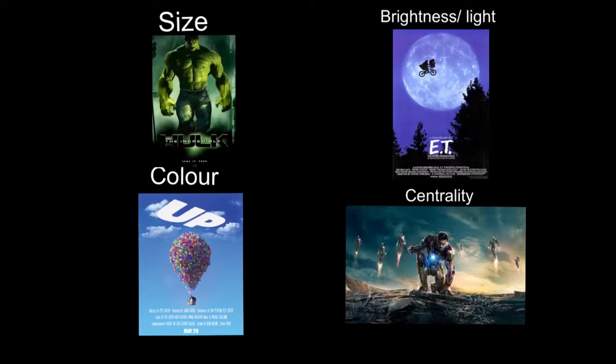They'll use size. Another thing they could do is a combination of brightness and light, just how they use light to have something. They might have a really dark page with just one part lit up, or a really light page like this one, the poster for ET, a really light background. Now this is dark, it's at night time, but the moon is so big and light, the shadow of the bike flying through the sky makes your eyes go to that first, because it's like